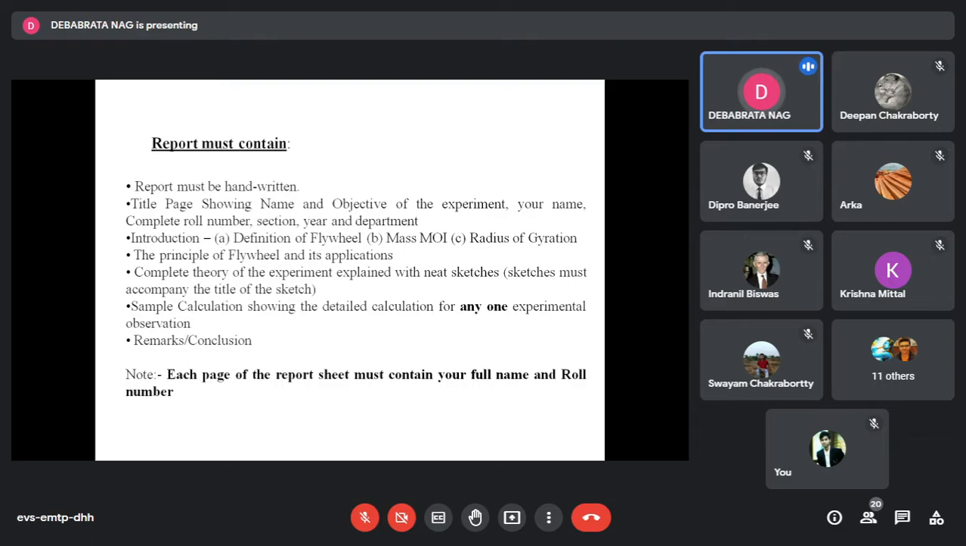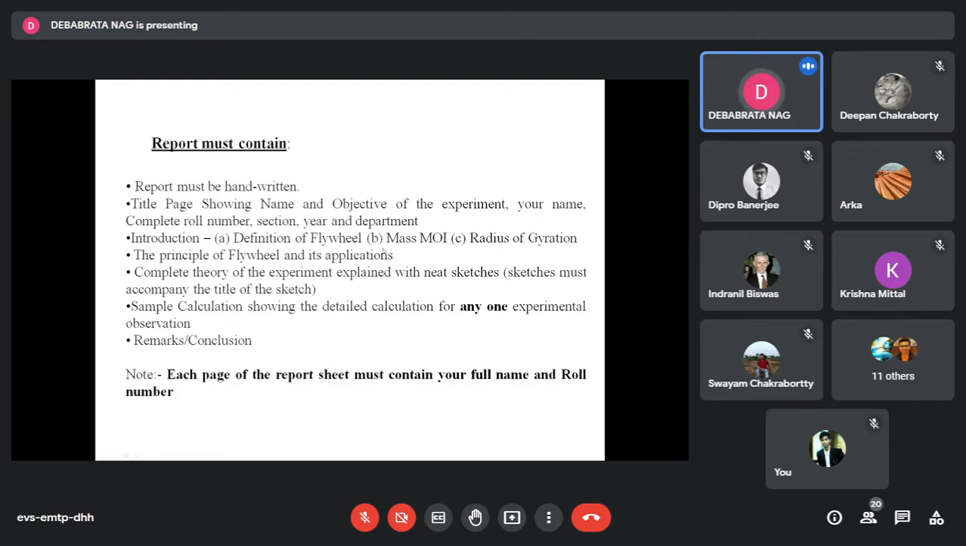দিয়েছো, অনেকেই দেয়নি, আবার 1-2 জন দেয়নি দেখলাম, কিন্তু একটা টাইটেল পেজ দিতে হয়। ওখানে আর কিছু লেখা থাকবে না, খালি নেম অফ দি এক্সপেরিমেন্ট, শোয়িং নেম এন্ড অবজেক্টিভ অফ দি এক্সপেরিমেন্ট, ঠিক আছে? একদম টপে হবে নেম অফ দি এক্সপেরিমেন্ট, তার একটু গ্যাপ দিয়ে অবজেক্টিভ অফ দি এক্সপেরিমেন্ট, তারপরে আরেকটু নিচে তোমার নাম, তোমার কমপ্লিট ক্লাসের রোল নাম্বার, তোমার সেকশন, তোমার ইয়ার, মানে তুমি সেকেন্ড ইয়ার না থার্ড ইয়ার, আর তোমার ডিপার্টমেন্ট। আচ্ছা, এটা গেল টাইটেল পেজ। তারপরে থাকবে ইন্ট্রোডাকশন, কাকে ফ্লাইহুইল বলে।